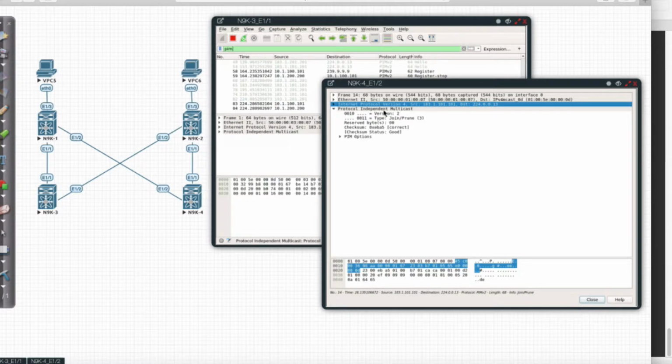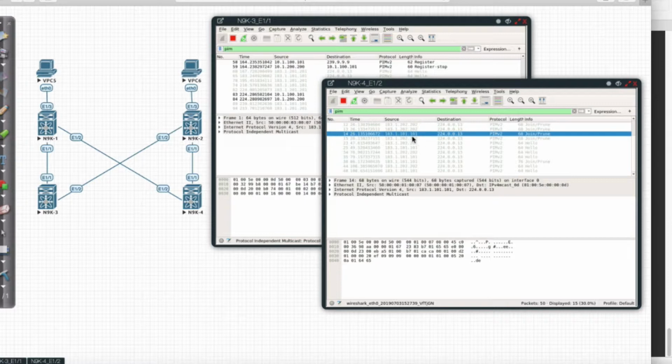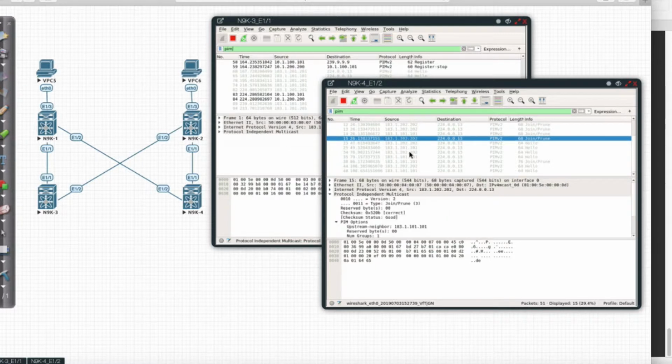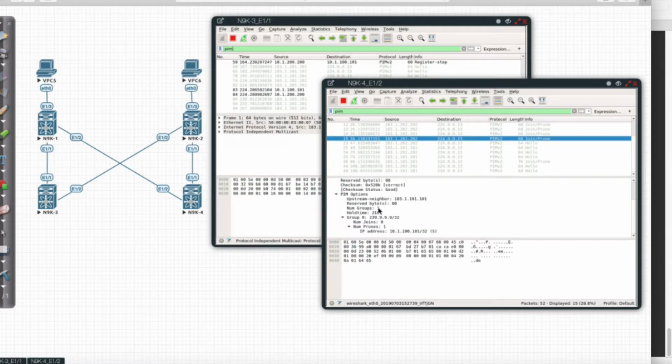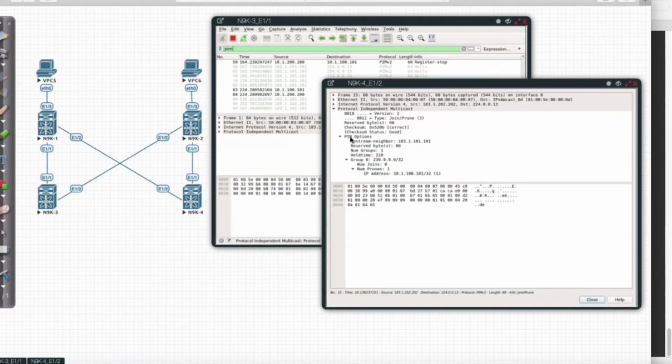All right, so we have PIM, Protocol Independent Multicast. This is a join. I want to look at the PIM options that we currently have. Now, notice it says I am sending upstream neighbor 183.1.202.202, and it is going to be for 139.999. If I take a look at the group configuration, this is not the one that I'm looking for. I'm trying to find what is referred to as our join. So 183.1.1.1, here it is right here. So let's take a look at this one.